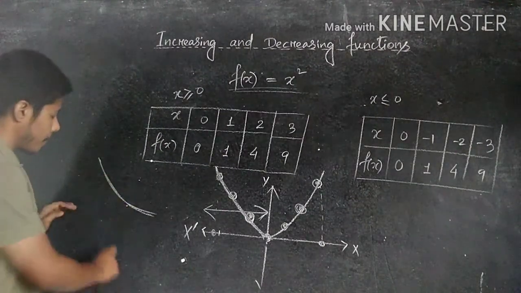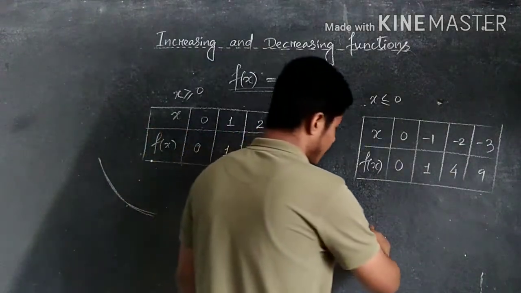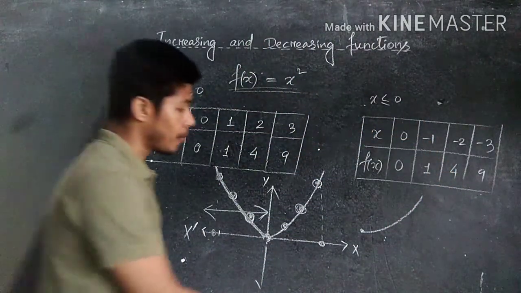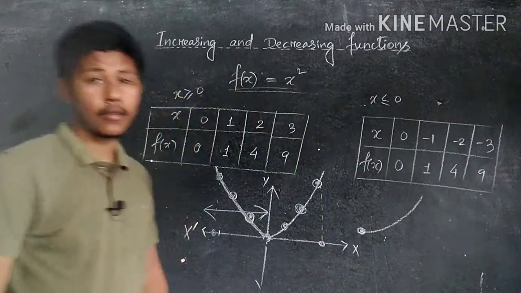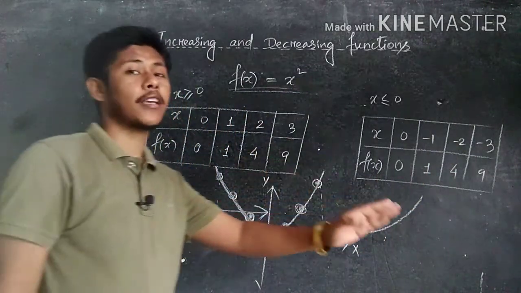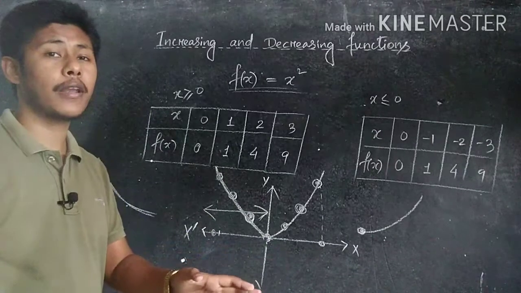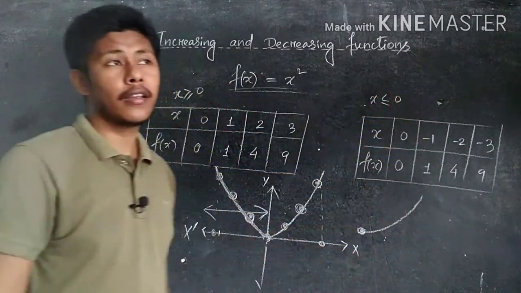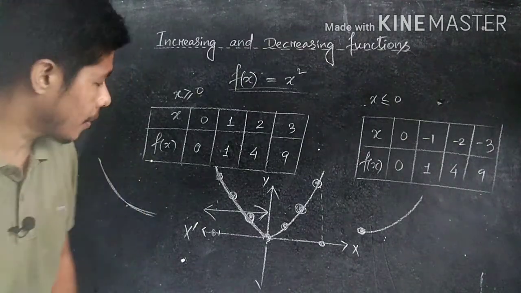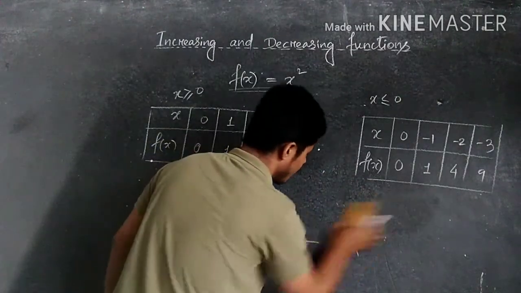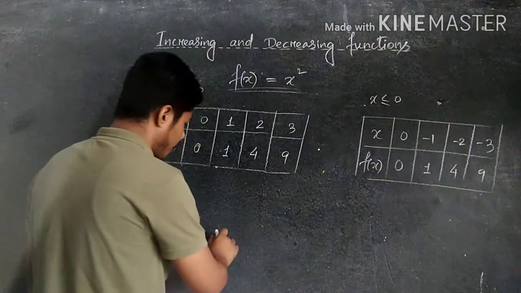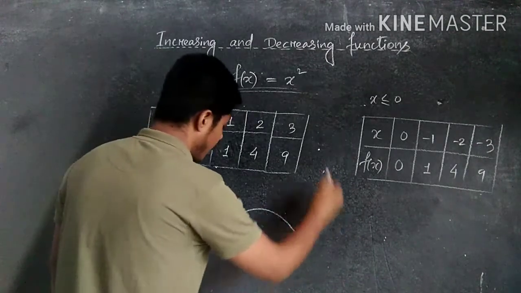Similarly, if we get a graph like this, starting from here and going upward, increasing and increasing, where did it start from? It started from here and the graph keeps increasing. Always we consider the graph from the left hand side, remember, from the left hand side. When the graph keeps going up, then it is known as an increasing function. Is it clear? So very simple here. Let me show an example of this graph. Now suppose we consider an example here. Suppose a graph is given in this way.